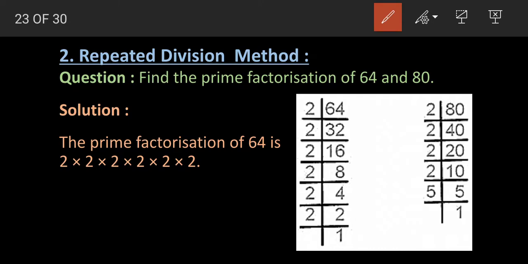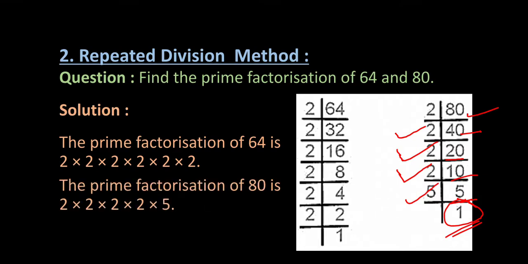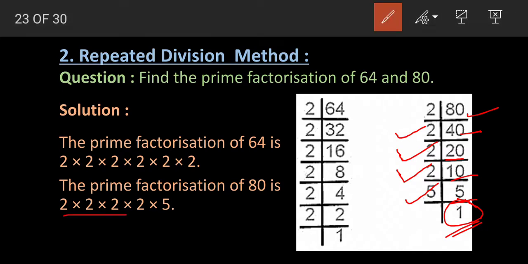Here we will discuss the prime factorization of 80. Again you have to divide. If we divide 80 by 2, it becomes 40. Again divide by 2, so 40 by 2 is 20. Again I have divided by 2, that becomes 10. Now divide 10 by 2, so 2 fives are 10. So here the number changes, that is, you have to divide by 5. So 5 by 5 is 1. We got the remainder as 1. So we can say that the prime factorization of 80 is 2 multiplied by 2 multiplied by 2 multiplied by 2 multiplied by 5. This is the prime factorization of 80.